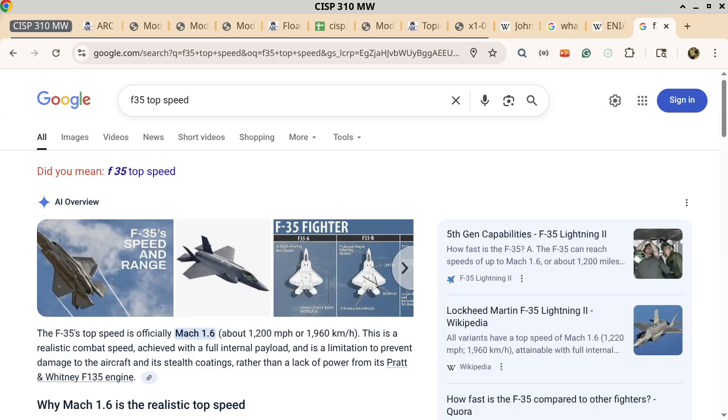So Mach 1.6, which is, what, 1200 miles per hour. Okay, so look at the scale. We are looking at 70 miles per hour against 1200 miles per hour. Sounds huge, right? Let's just round things up a little bit, so that it's easy to compare. Let's just say that we're looking at 70 versus 1400, and if my math is correct, it is a